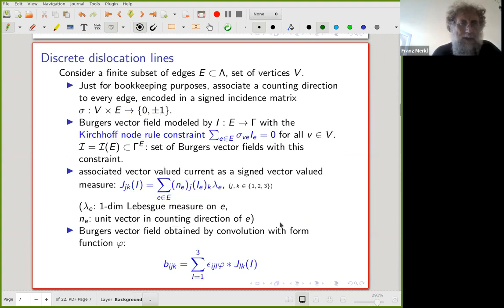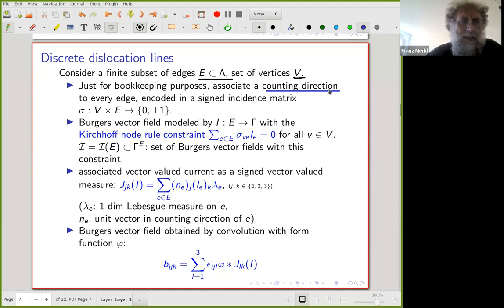Okay. Now let me describe these dislocation lines as I roughly mentioned before, but now in a more formal language. Look at a finite subset of our mesoscopic lattice describing the possible position of dislocation lines. And as I mentioned before, the set of vertices is denoted by V. And we give every edge a bookkeeping counting direction. So this counting direction has no physical meaning. It's only used for